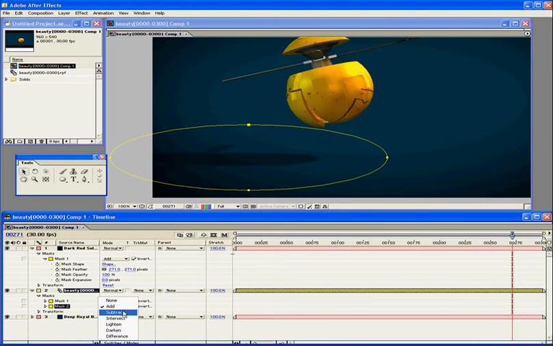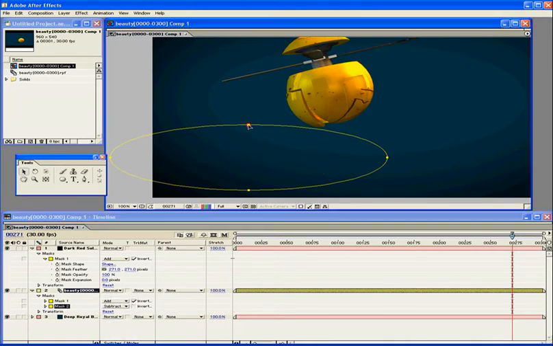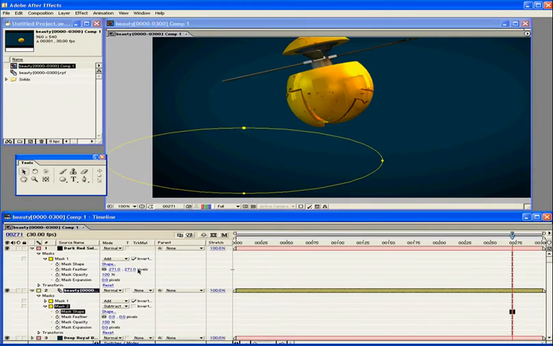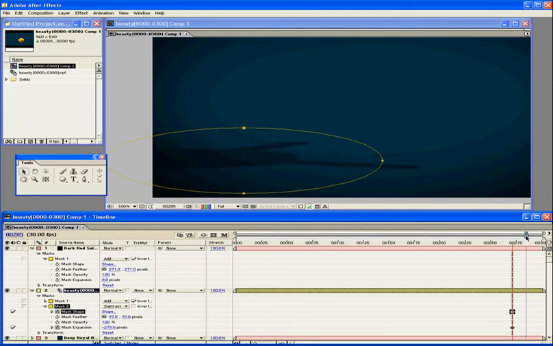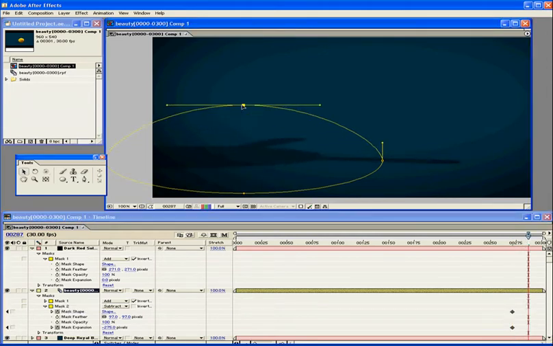And we're going to change the mask blending to subtract, and that basically gets rid of that shadow, but of course we don't want it completely gone, so we're going to do a couple of things. First of all, we're going to feather that mask by about 100 pixels, and then we're going to give it a negative expansion, so that it's not being obscured at all at this frame, and then we'll animate the expansion over time and also the shape. So we'll move a bit forward when it's getting really big. We will increase the shape,